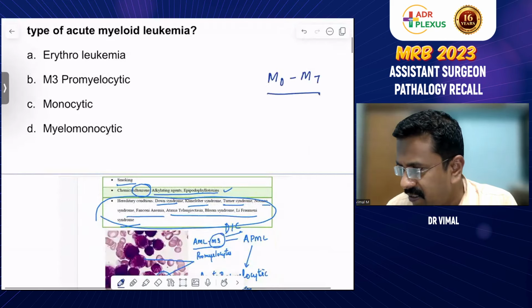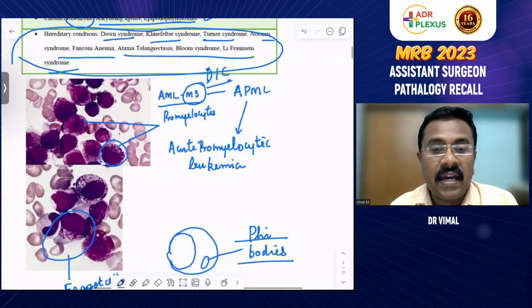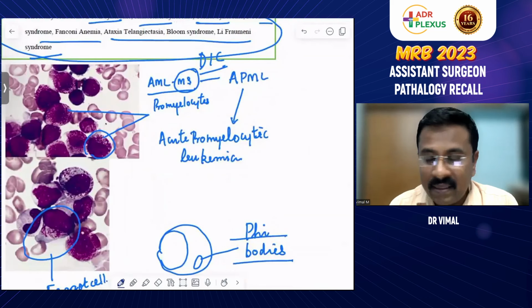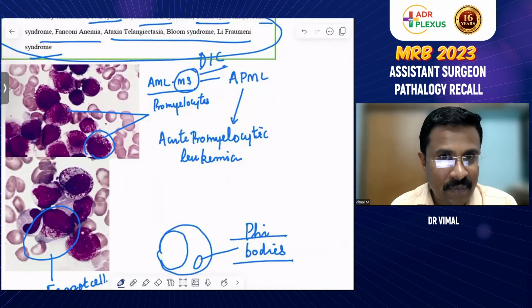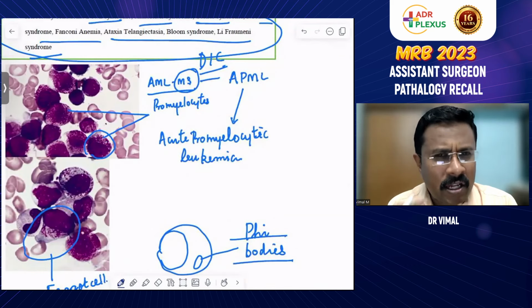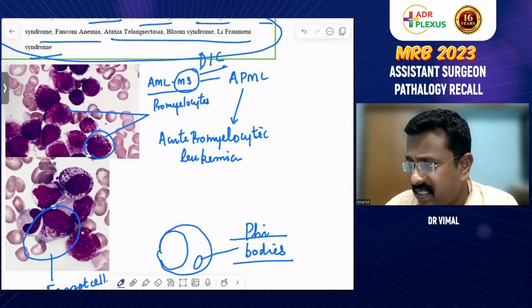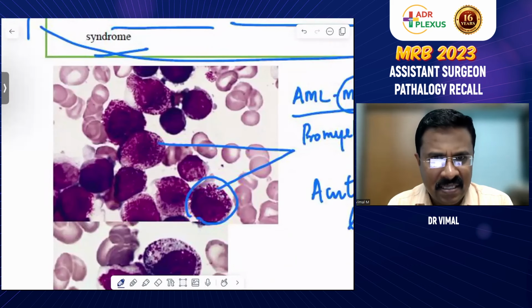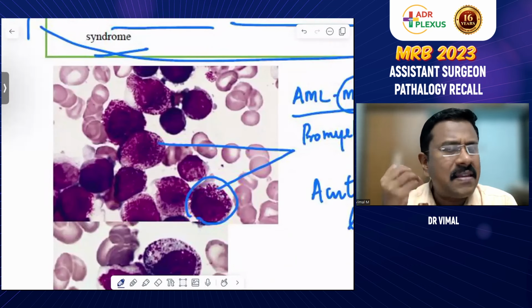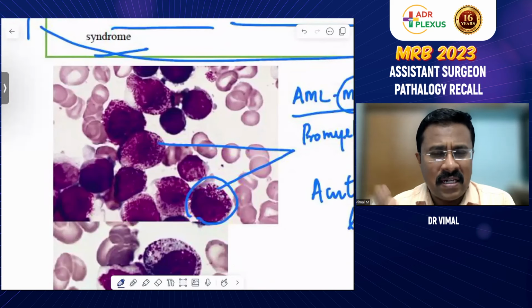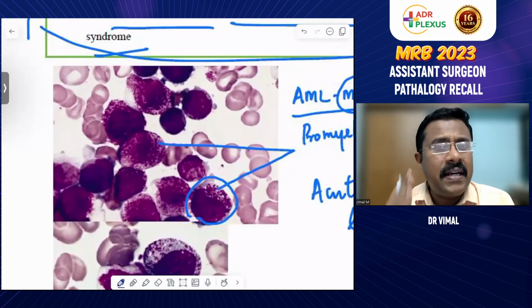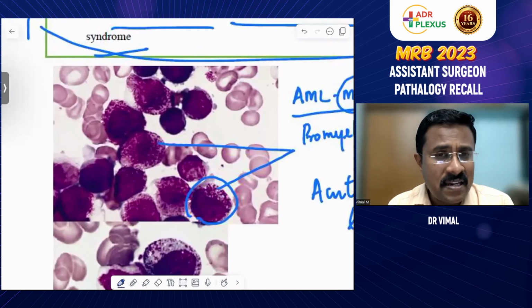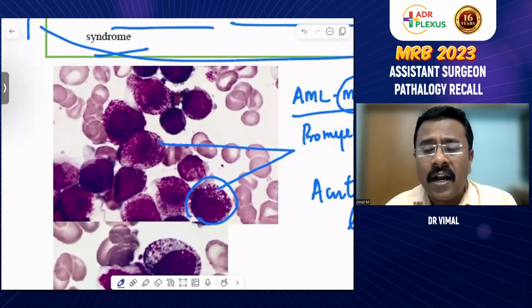So as we discussed, AML-M3 is called acute promyelocytic leukemia, that is APML. Why is it called acute promyelocytic leukemia? Because in this leukemia, a lot of promyelocytes will be there. As we discussed in our sessions, you can see here the promyelocytes, these large leukemic cells, contain procoagulant substances. I hope you remember that these procoagulant substances will be released and are the main reason for the DIC, the disseminated intravascular coagulation, happening in these patients with acute promyelocytic